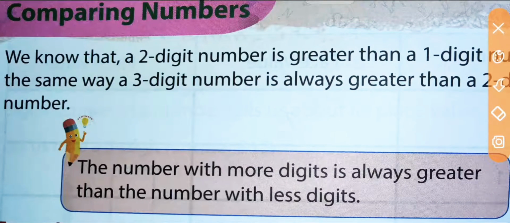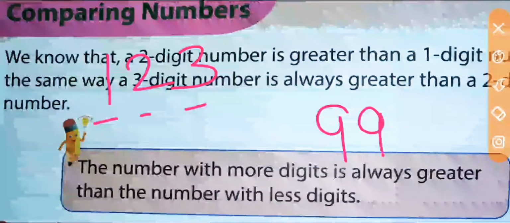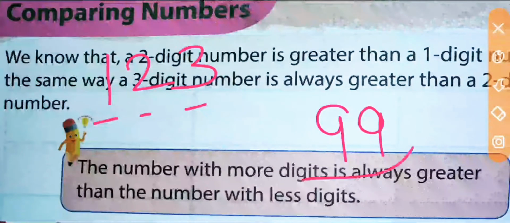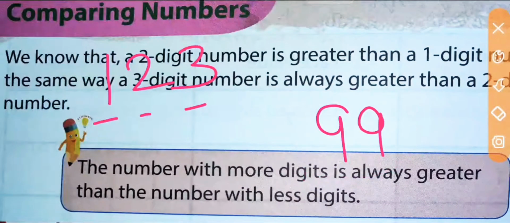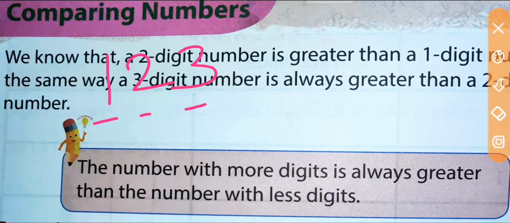Out of given numbers, the number with more digits is always greater than the number with fewer digits. Suppose let us take the example, the number is 1, 2, 3. This number has 3 digits. The first one is 1, second one is 2, and third one is 3. And now let us take another number, 9, 9, that is 99. This number is less than this number. That means 123 is greater than